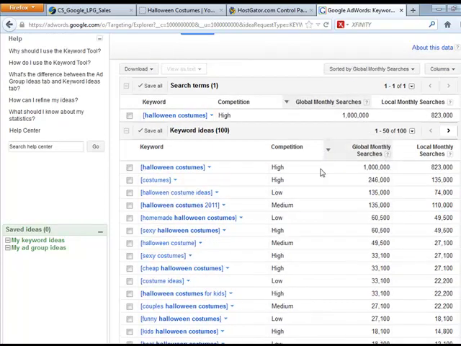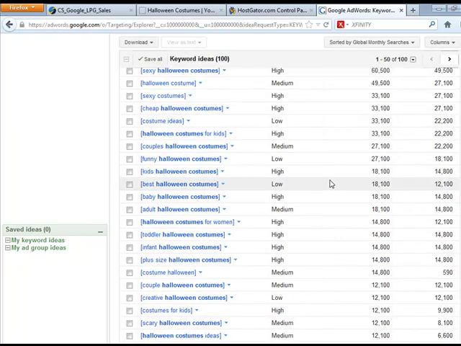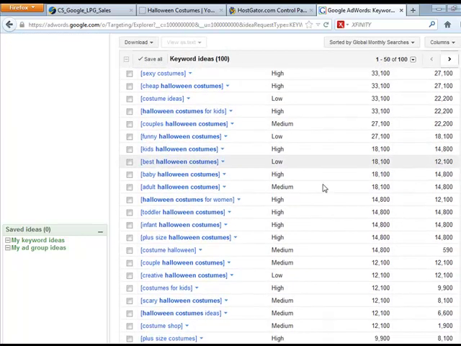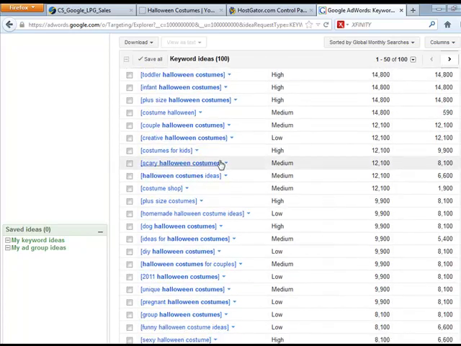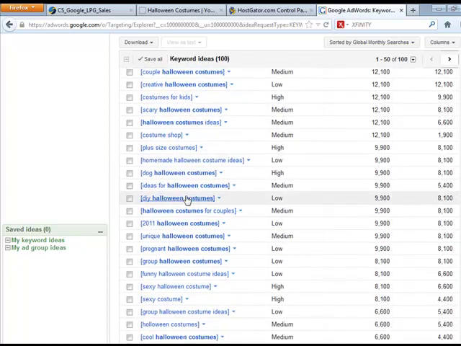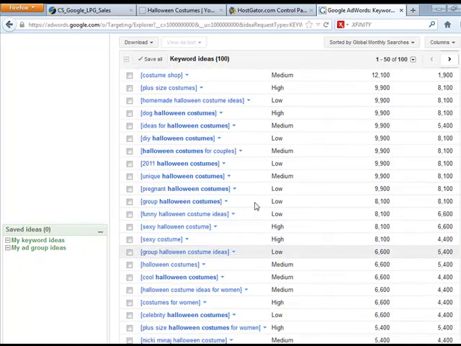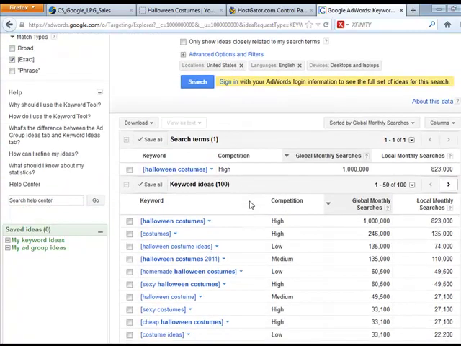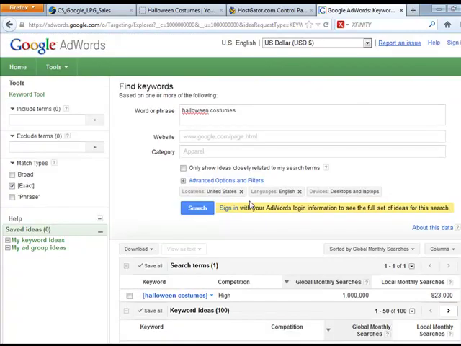So we know obviously Halloween costumes is a big niche. That's one of the niches that you could really target. But you can see here that there's quite a few different domains. You could come up with ideas for your domain name just based on these keyword phrases, or you can add in things. The one thing to keep in mind is that you don't necessarily